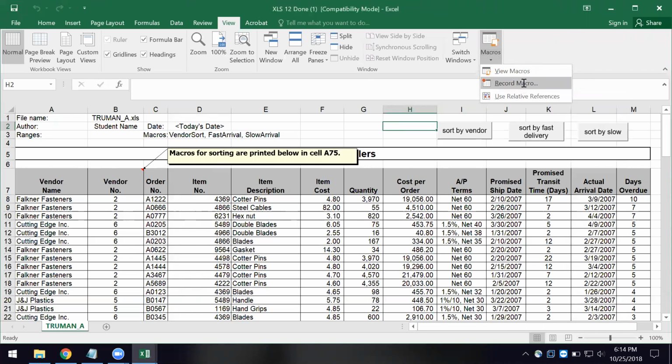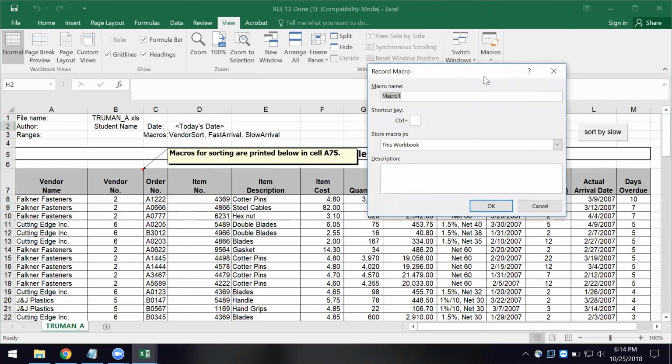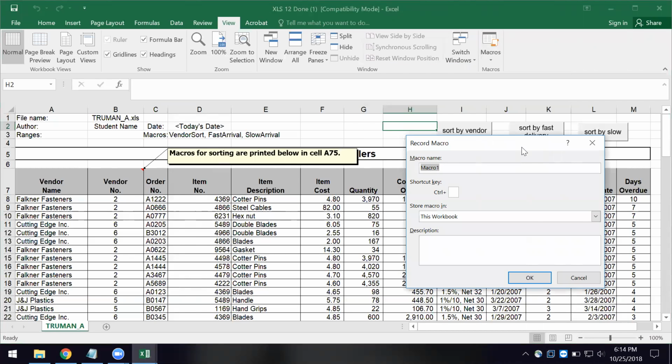Record Macro. Now, this is where people get nervous because they think they've got to rush through this. The machine will take as long as you want to take. It's going to take your keystrokes once you begin to do some executable commands. Right now, what I'm doing is I'm just creating this, and I'm going to call this